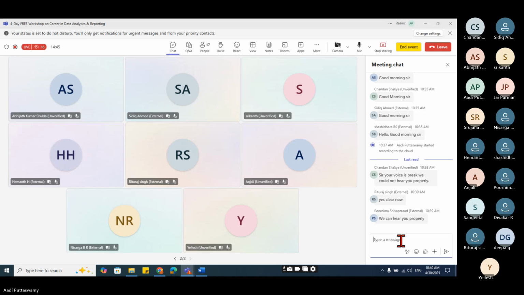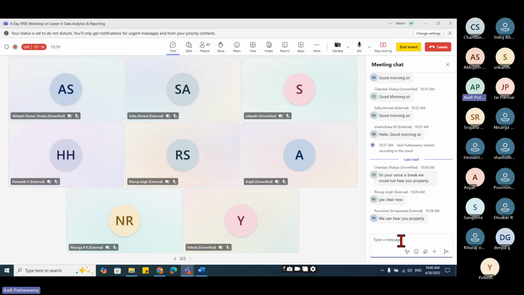Very good. My question is, to enter into this data analytics field, what skills do we need? When I say skills, you can name any of the application tools or anything, just to understand how much R&D you have done about data analytics. Don't worry. I want all of you to answer this quickly. People online, you can message. People offline, you can answer.